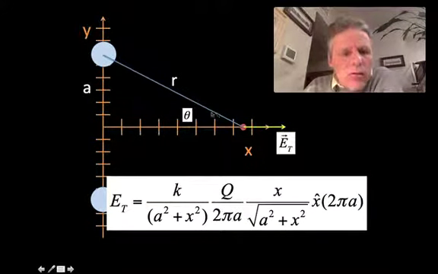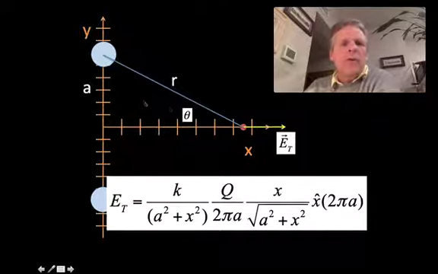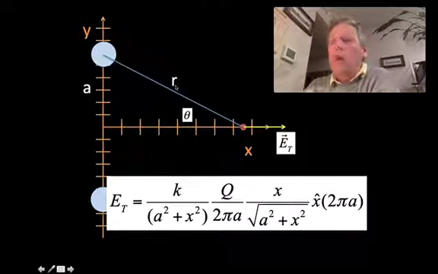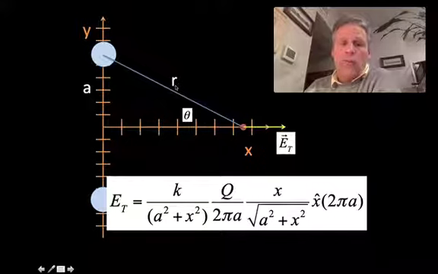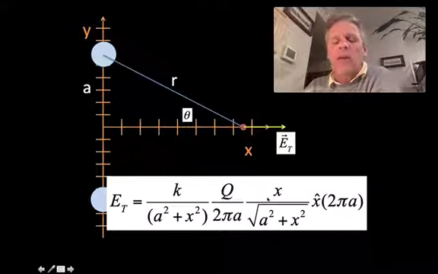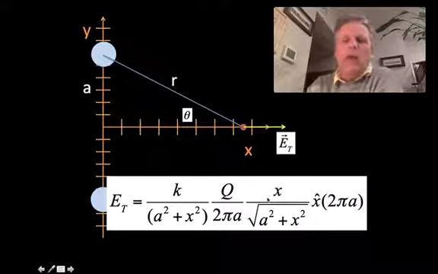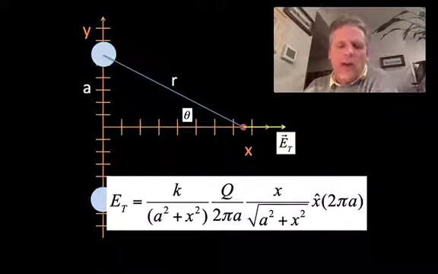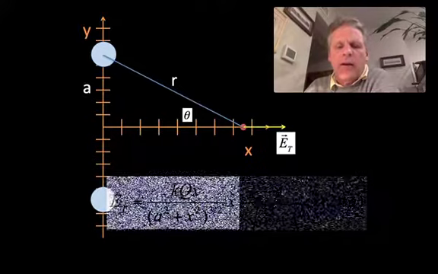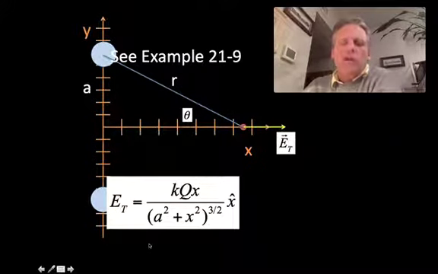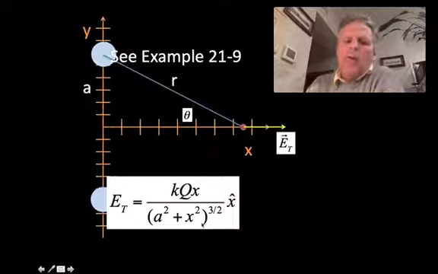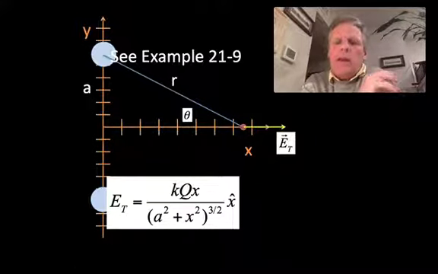Now let's take a look at what this cosine theta term is. Cosine theta is x over r. But what's r? r is the square root of a squared plus x squared. So x over the square root of a squared plus x squared is cosine theta. Now we have that. We'll do a tiny bit of algebra and cancel a couple things out, and we end up with this expression. The total electric field is kqx over